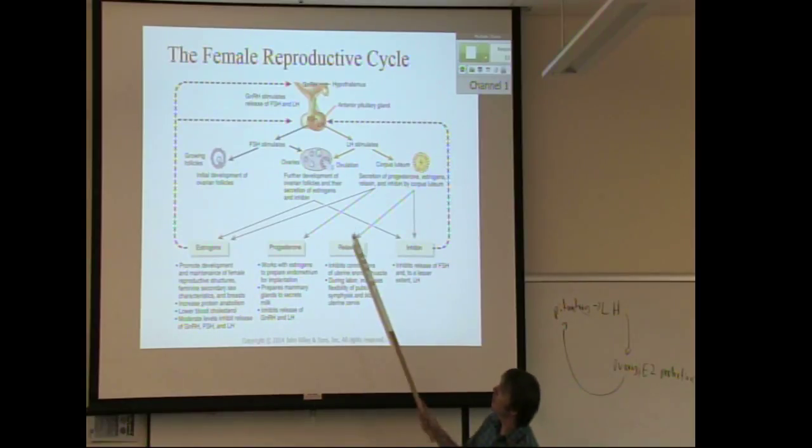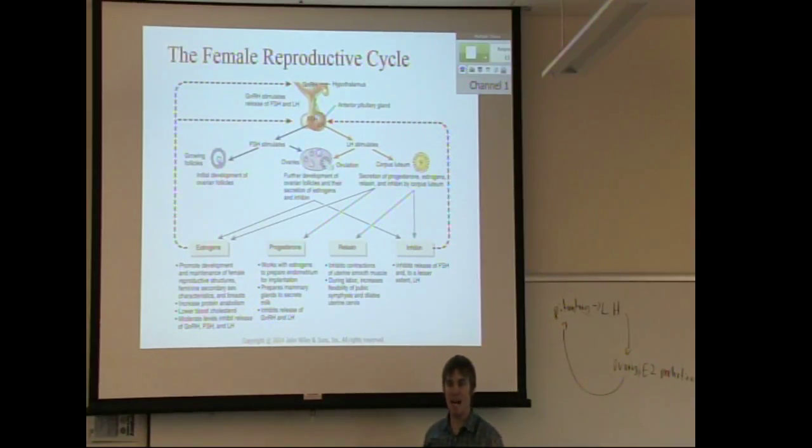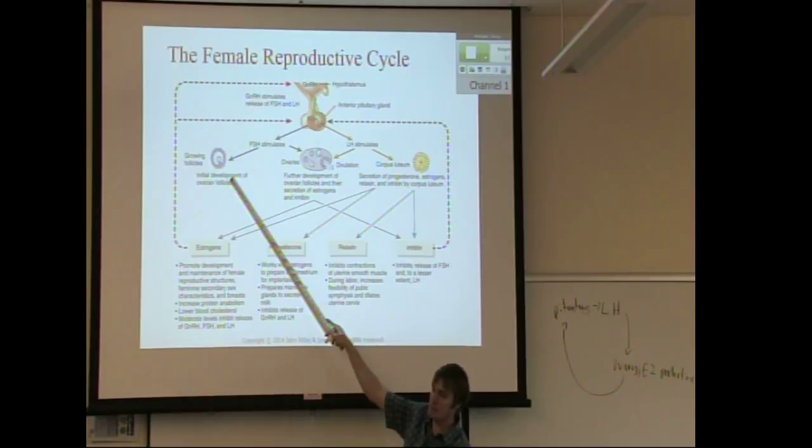So, first of all, these arrows, like the blue and orange arrows, mean activate, and all the red dotted things mean stop, inhibit, something like that. So you may want to add that to your PowerPoint or something, just to remind yourself. All right, so we'll start up here. FSH, we talked about it already. It tells the follicles to develop.